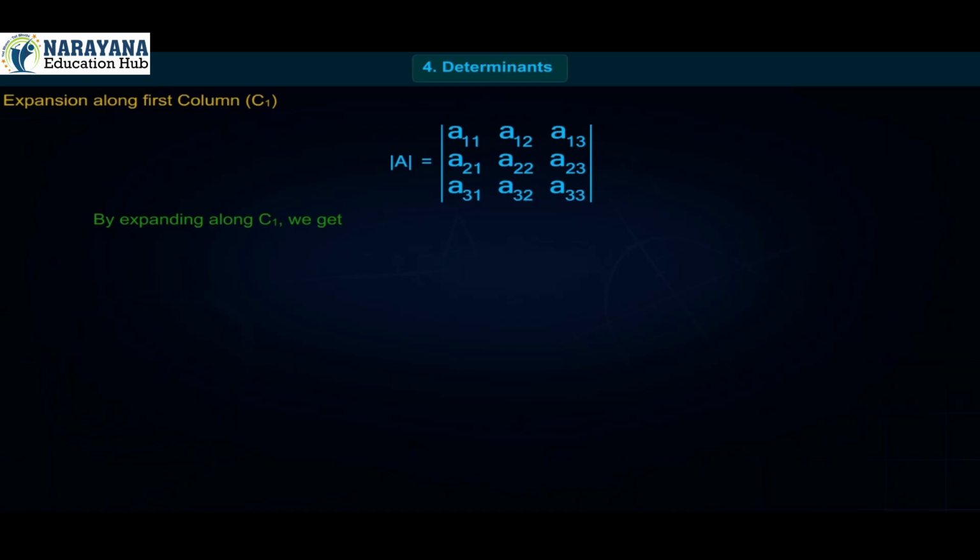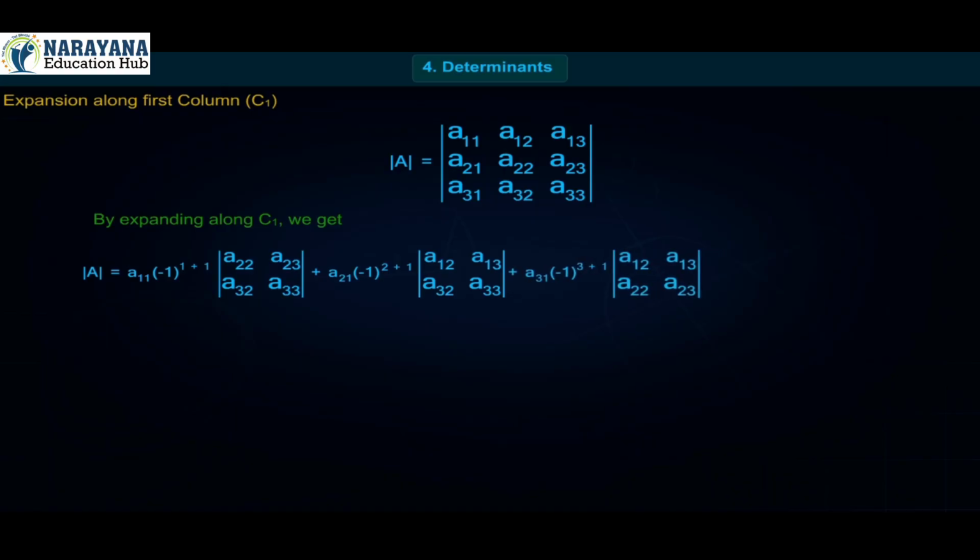By expanding along C1, we get determinant of A is equal to A11 into minus 1 raised to 1 plus 1 into determinant A22, A23, A32, A33 plus A21 into minus 1 raised to 2 plus 1 into determinant A12, A13, A32, A33 plus A31 into minus 1 raised to 3 plus 1 into determinant A12, A13, A22, A23 is